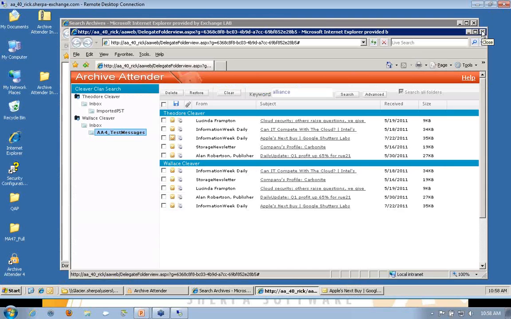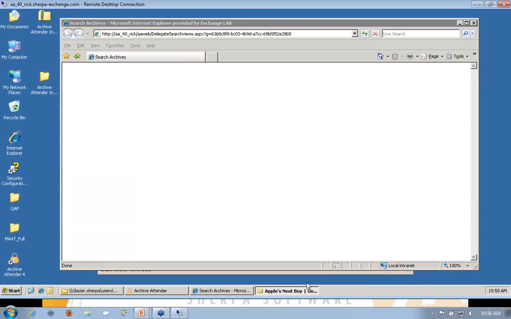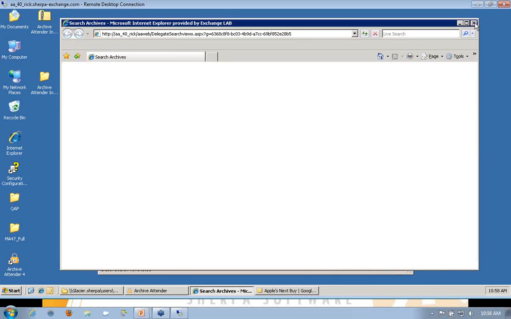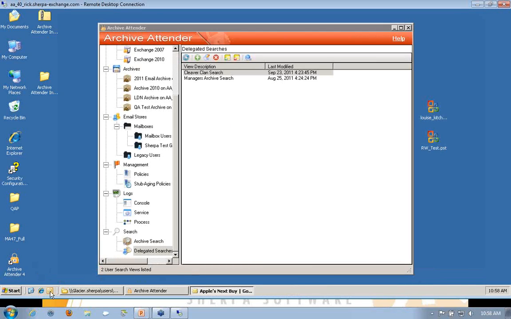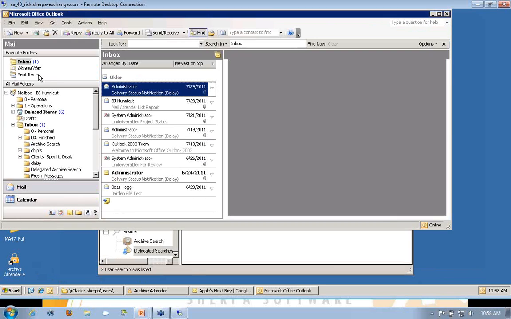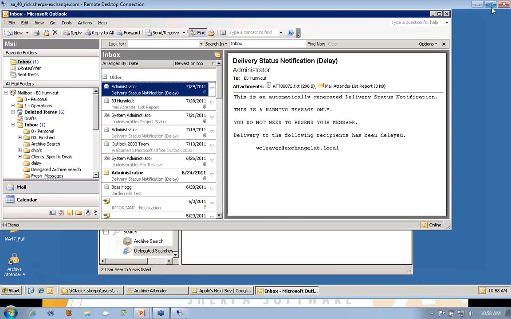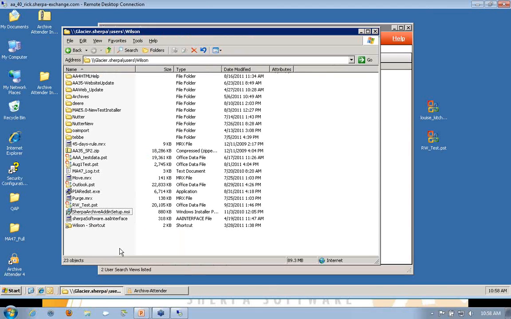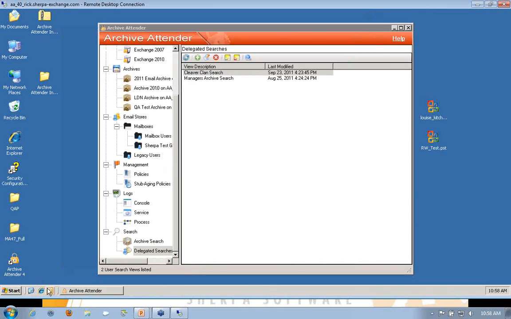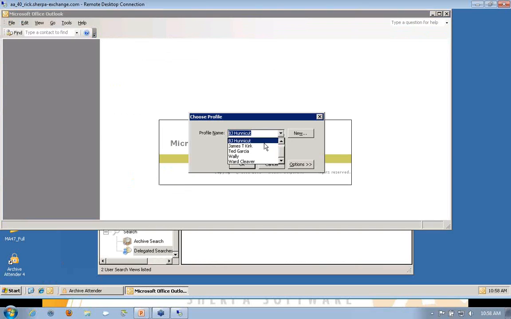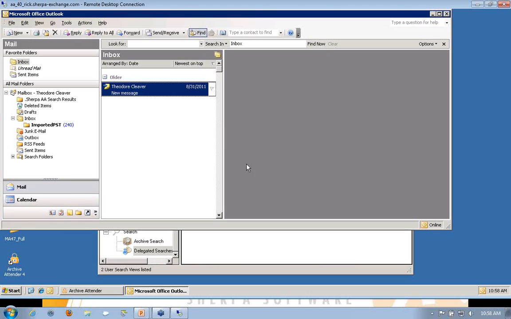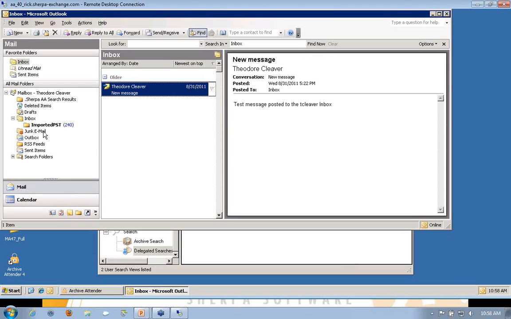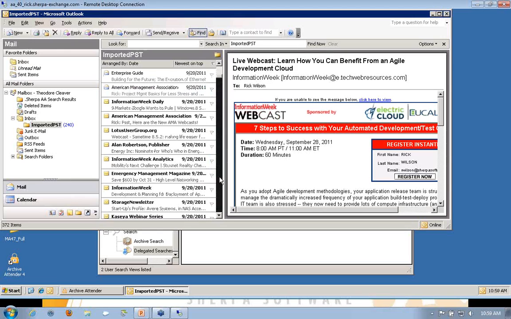This is an interesting little sidelight for those of you that have used the product for a while. Let me see if we can get an Outlook session here. Actually, let's see. I'll pick somebody that's got some 4.0 archive data. When I look at an archive message,